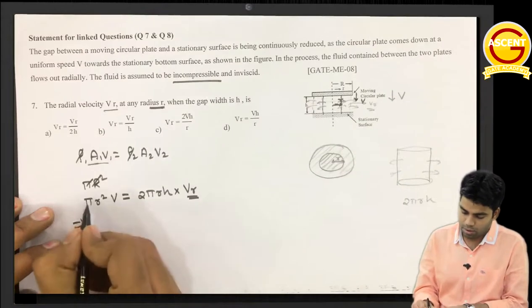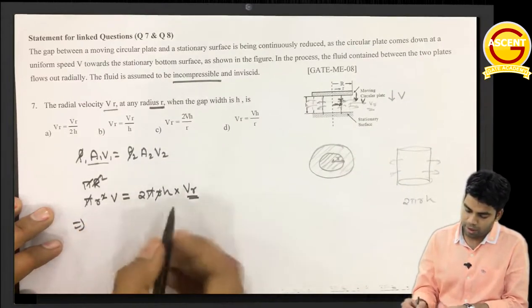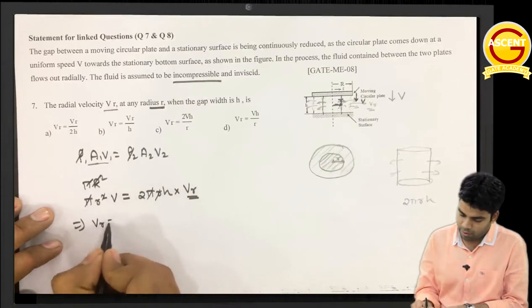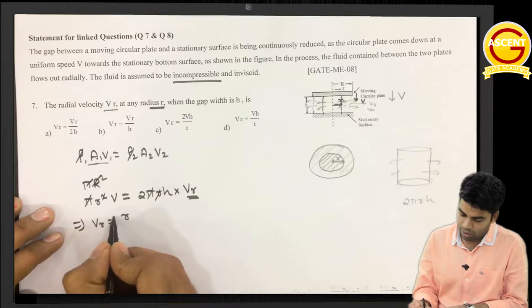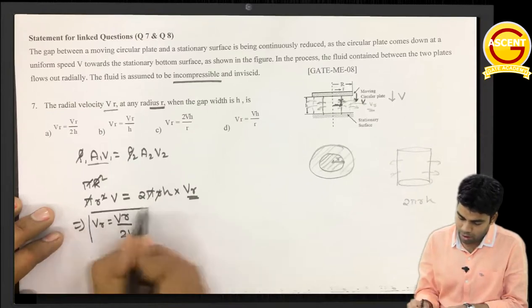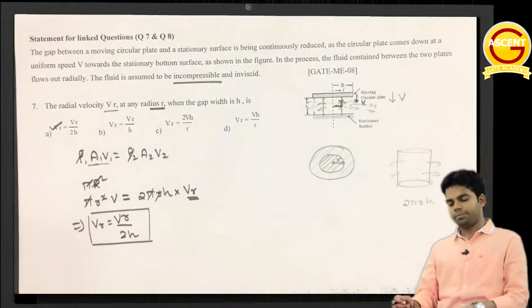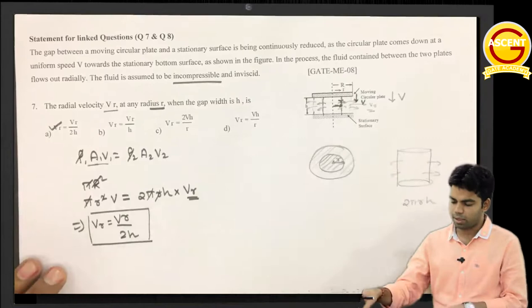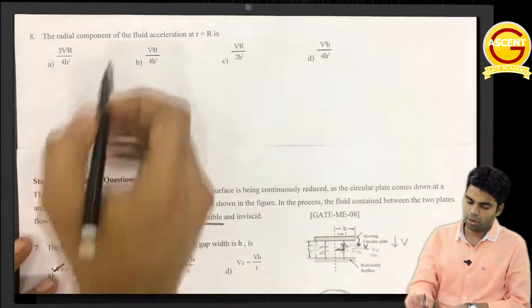So this pi will be cancelled out, this one r will be cancelled out, and we will get vr will be equal to v into r divided by 2h. Getting this? So this is the answer: vr is equal to v r by 2h. First thing. Now the second part of this linked question says the radial component of the fluid acceleration